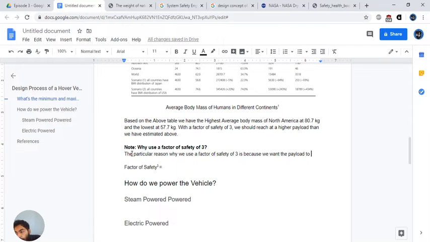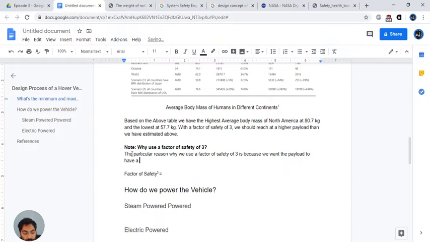So my assumption is, okay, this is purely an assumption, and this is a device that I'm designing. We want the payload to have a safety net higher than 100%, right? So let's say you have a payload of, let's say, 100 kgs, and then you're trying to